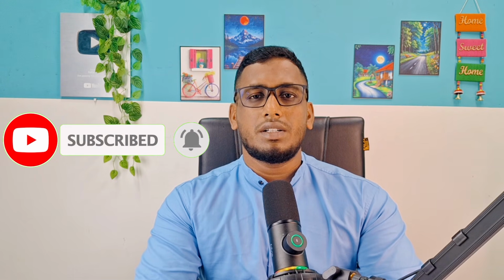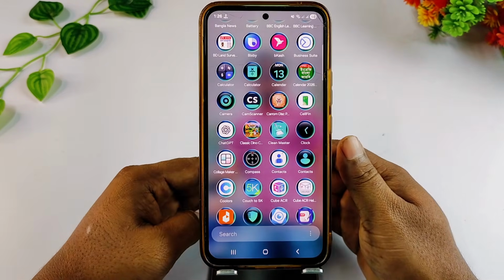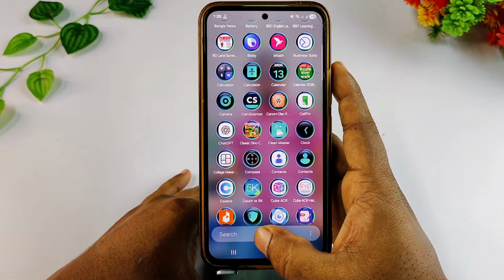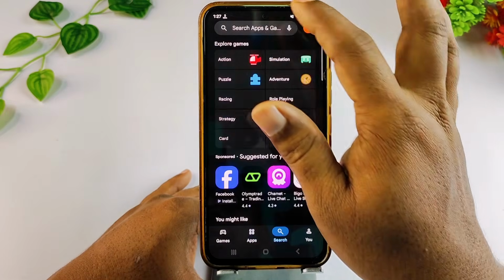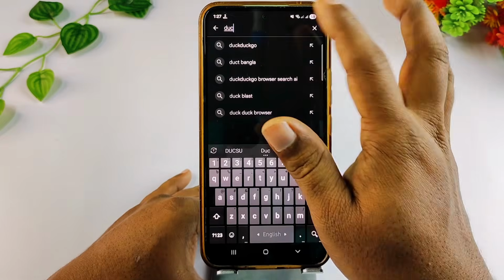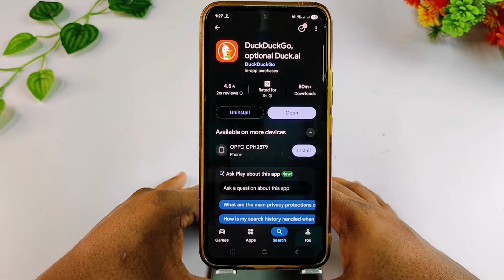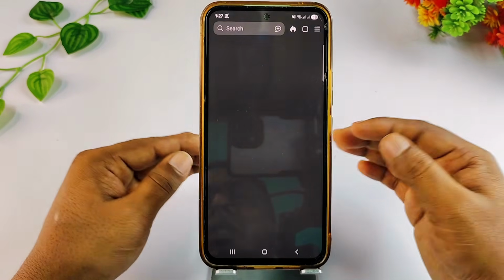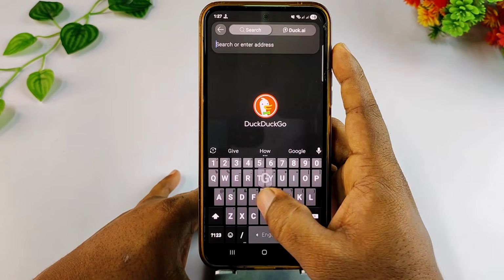So let's start. First of all, let me show you, whenever you try to recover your lost Gmail account, what types of problem you will face. So let me go to my Google Play Store, and after that I need to install one browser which is this one, DuckDuckGo. Just install this application in your phone, and after that let me click here open option, and there are some settings, so you will need to allow. So after that let me search here